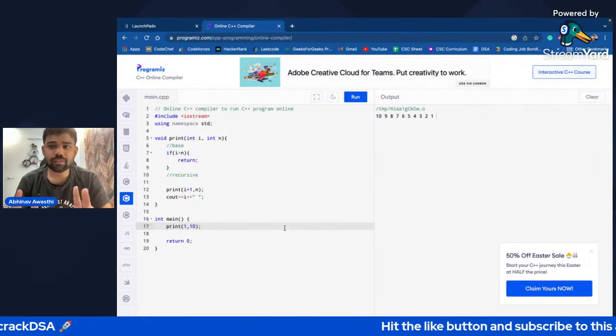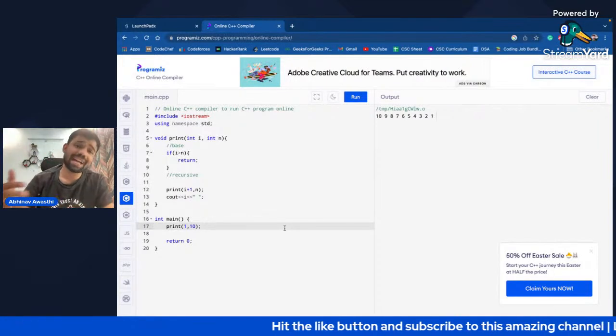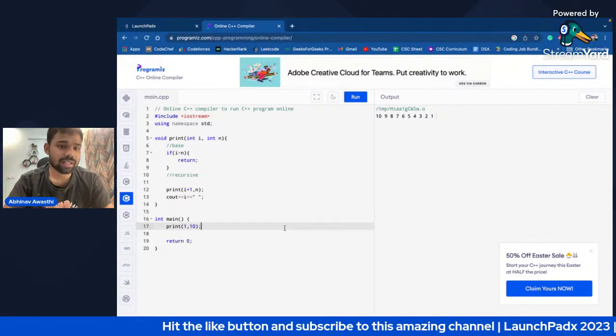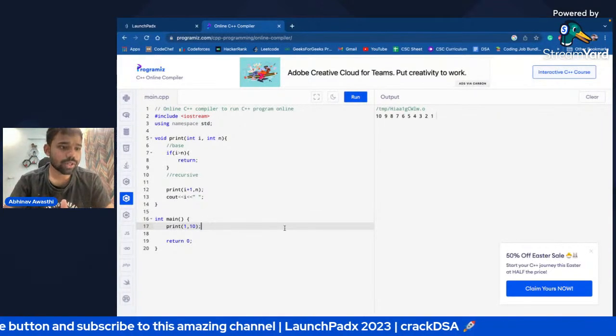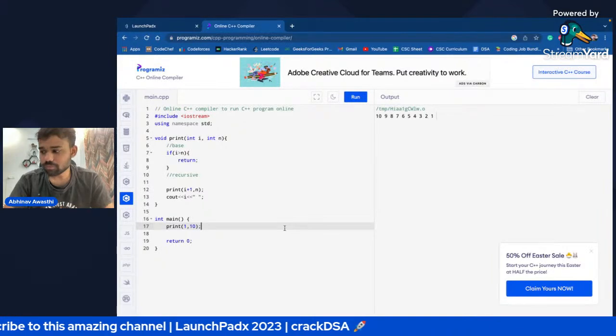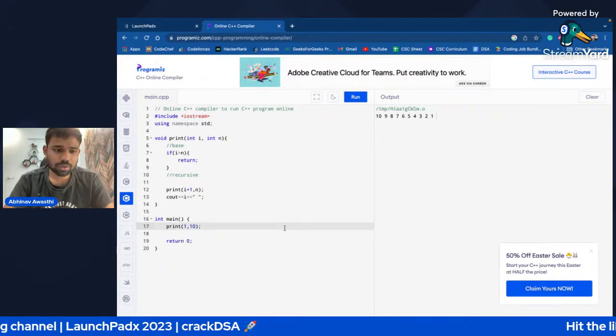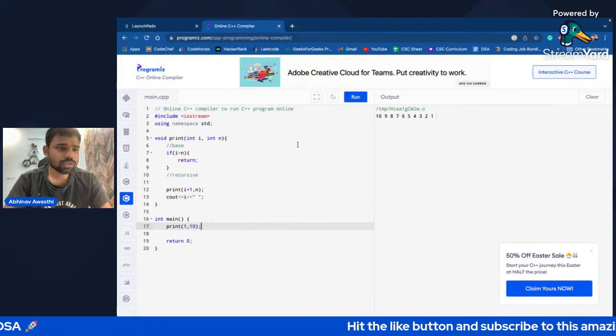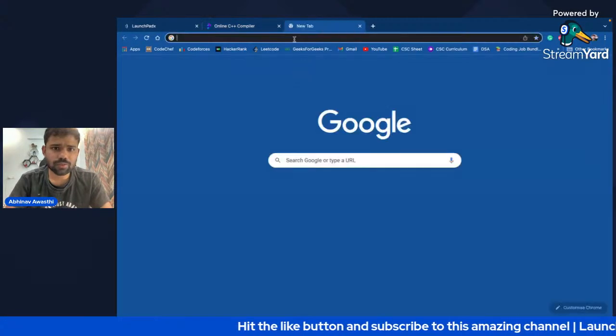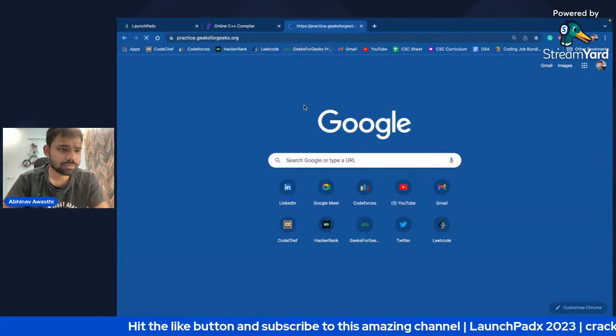Recursion is also very advanced. When we study DP, backtracking, and dynamic programming, at that time we will learn recursion in a better way. For now we are not doing that. Also we will solve some problems from LeetCode and GFG. Okay, so let's solve problems, plus one everyone. Let's solve some problems.